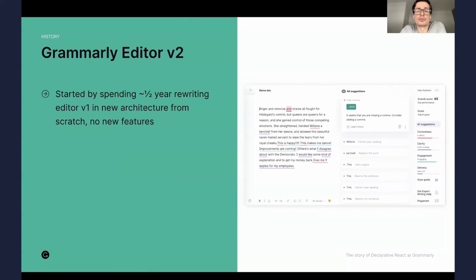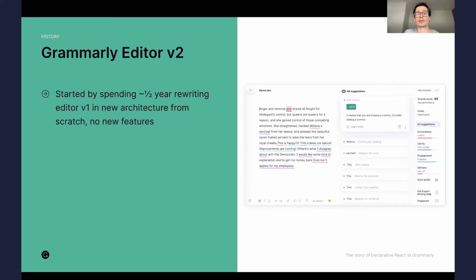What's interesting about this period is that when the team decided to build this new version of the editor, we quickly realized that it would be very hard for the team to both adopt a new technology, new architecture, and at the same time start adding new features. So the decision was to basically freeze any new features in the editor and spend this time, almost half a year, to completely rewrite the old application with the new architecture. So no new features were added for almost half a year, and the team spent the time learning the new